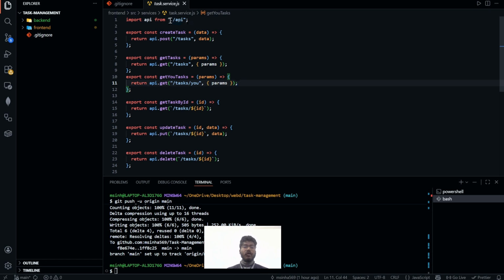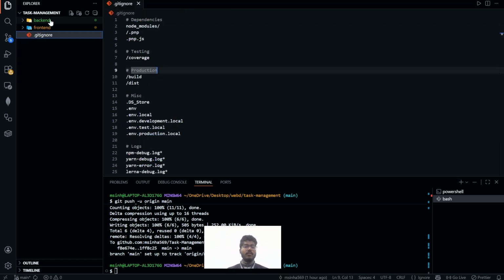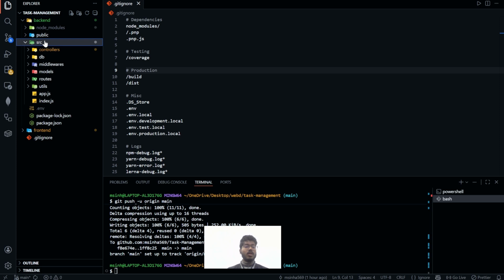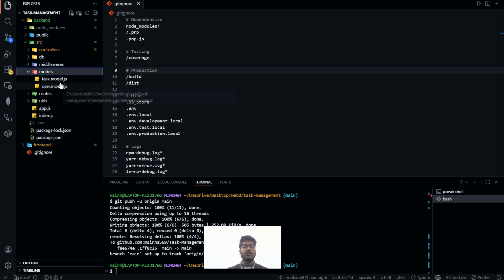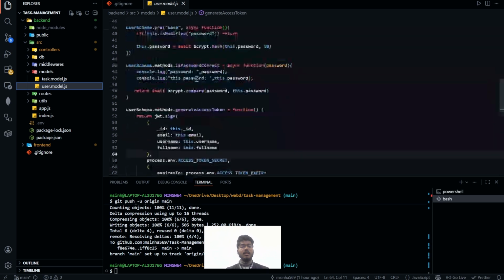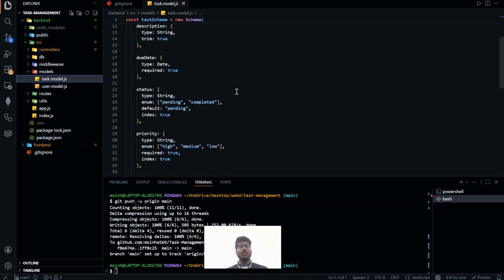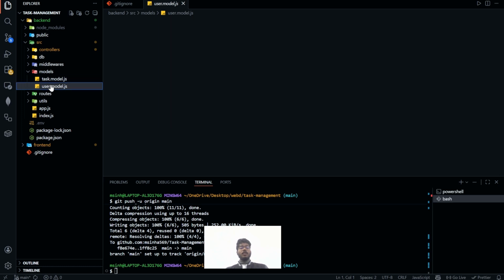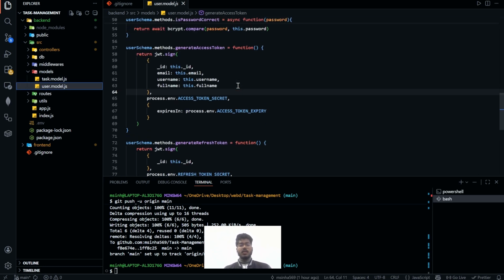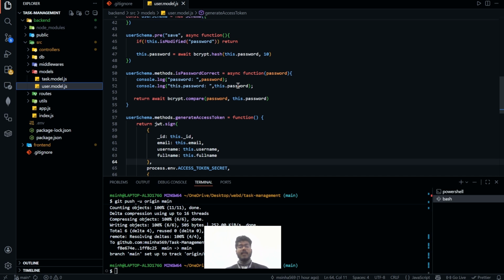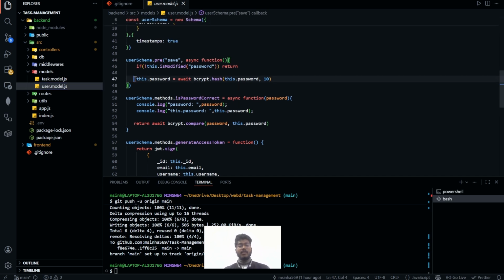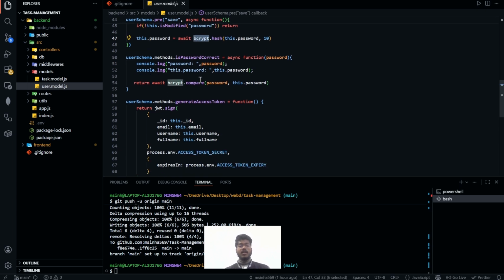So the first part I thought of in the backend was the models, my schema. So this was my user schema, and this was my tasks model. And for the user model, I took it to the advanced level and implemented some pre-checks, and I used bcrypt to hash the password to make it more secure. And I have also implemented this password correct and generate access token methods within the user schema